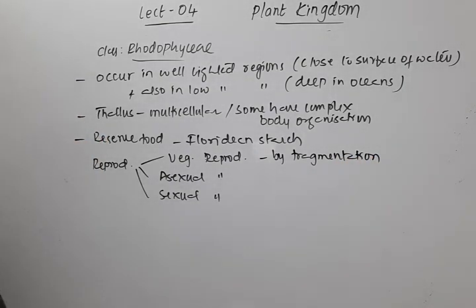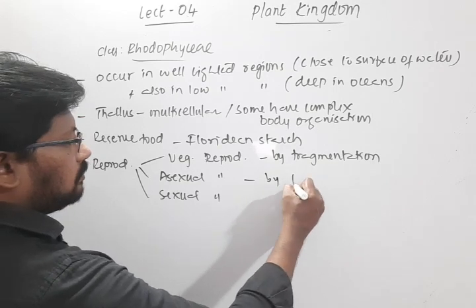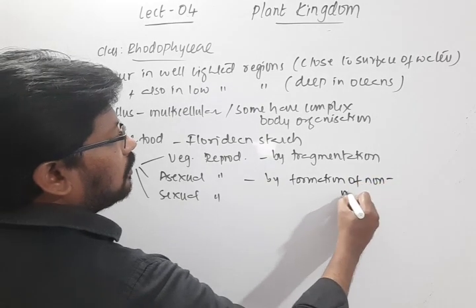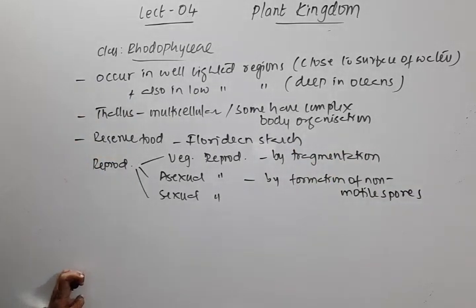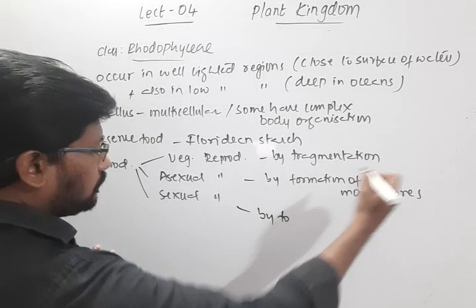And the asexual mode of reproduction will be by formation of non-motile spores. In earlier cases we have seen formation of motile spores, and they are zoospores. So they are biflagellated zoospores and they are motile. But in this case we see the formation of non-motile spores, and even the sexual reproduction is